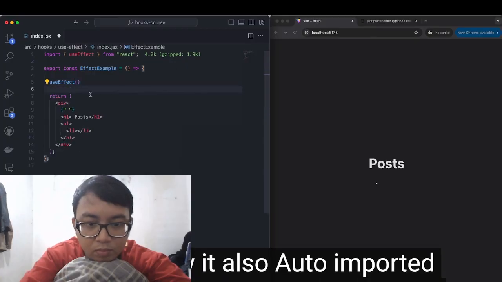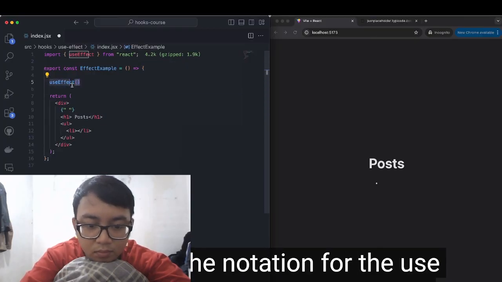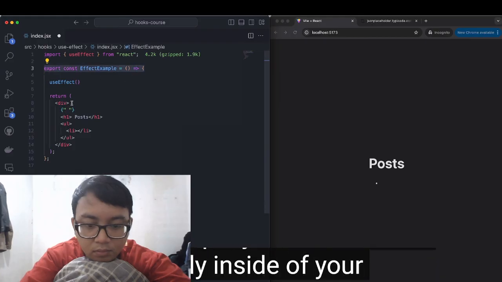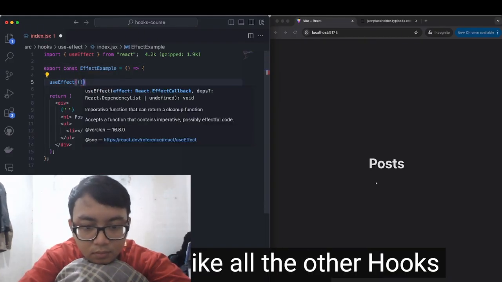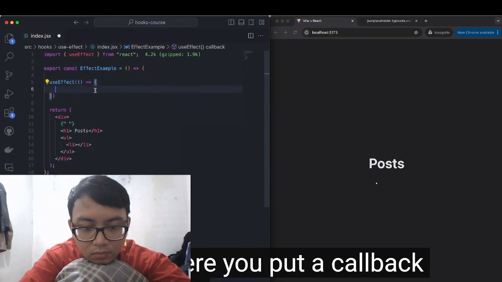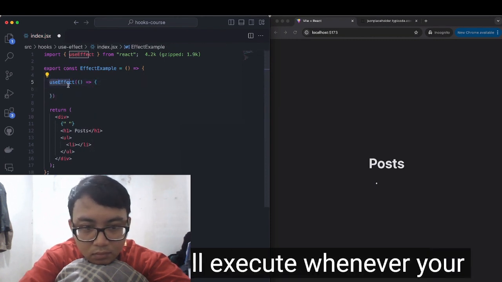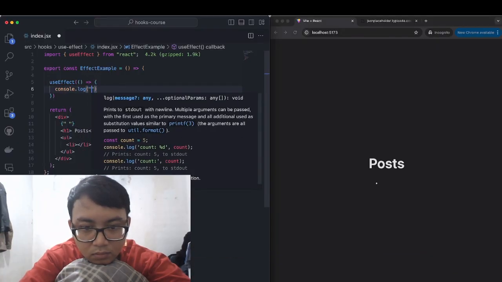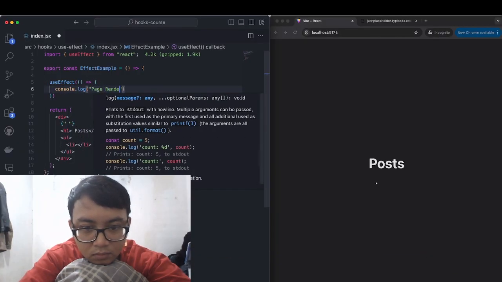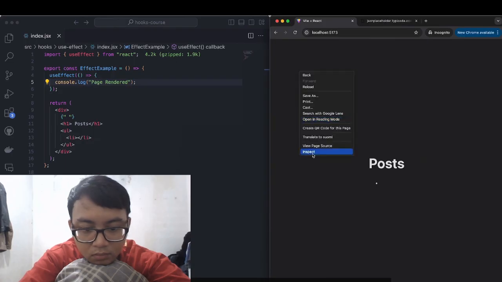Now, the notation for the useEffect hook is very simple. You call the hook, always inside of your component, never inside of an if statement, just like all the other hooks. And inside of here, you put a callback function that will execute whenever your useEffect is supposed to. So whatever action you put over here, like console log page rendered, you'll see that it will actually console